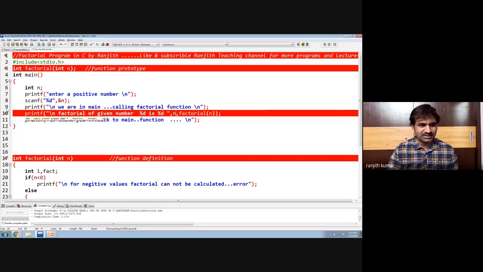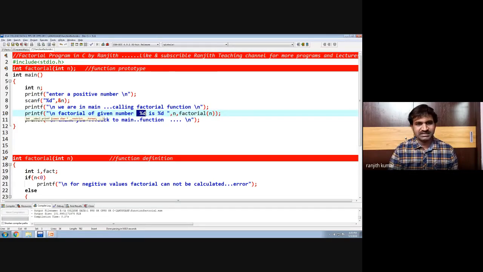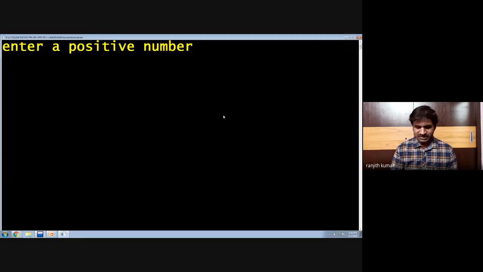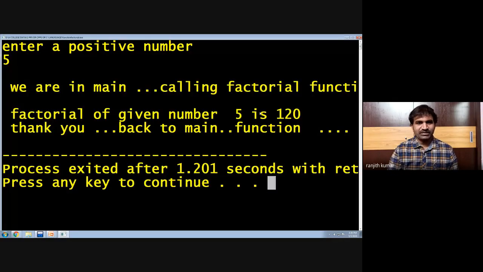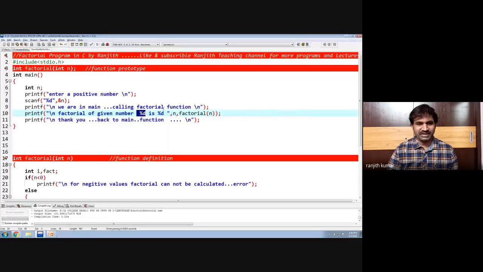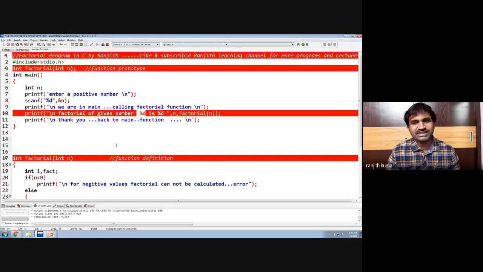If you enter 5, the factorial of 5 is 120. Using the printf statement, we can do wonders. We can prove what is happening inside the program, we can prove the flow: the execution begins from main, goes to the factorial function, executes the factorial logic, and comes back.